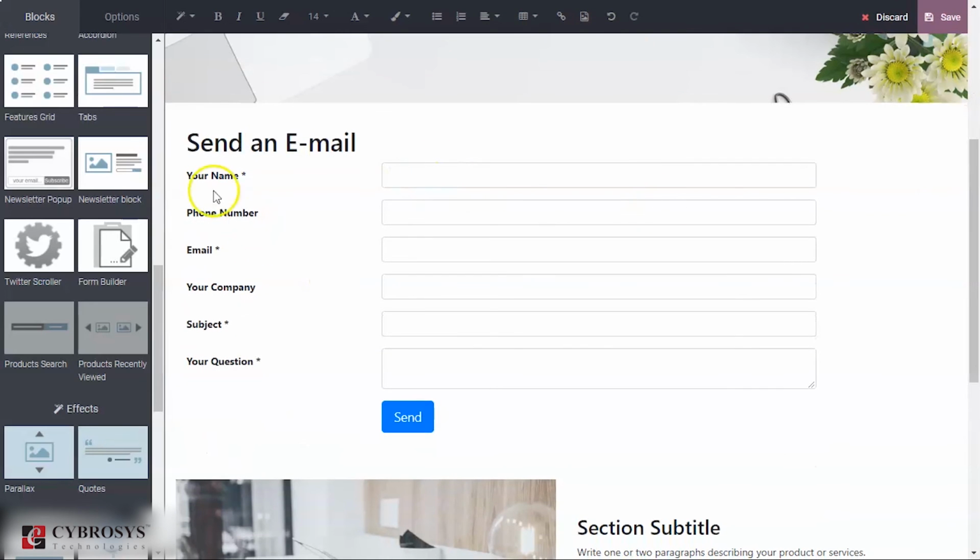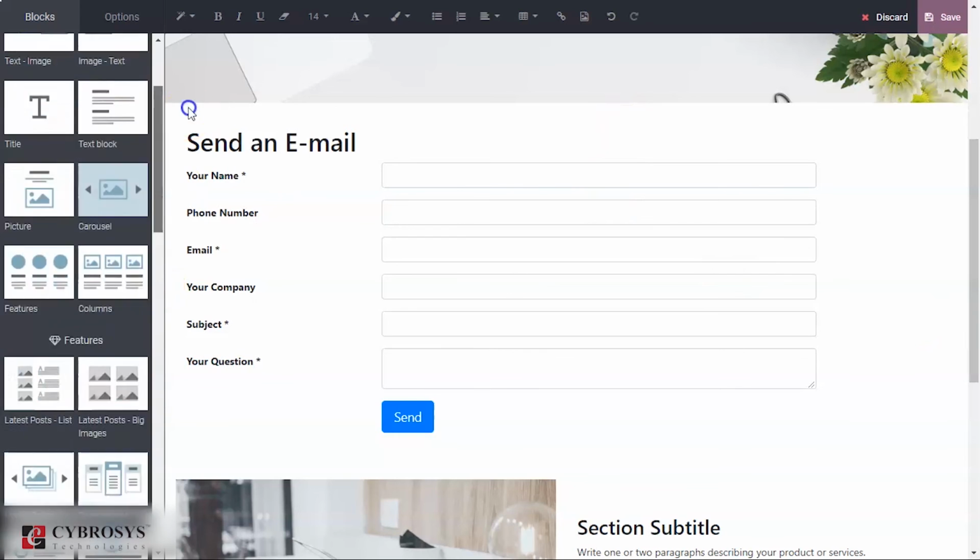From here some name can be given, phone number, and if you send this, it will be redirected to some page. So in this way people can ask some questions or give feedback to a company, and this way you can add form builder.